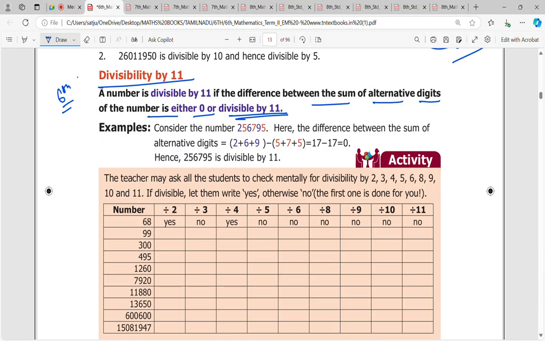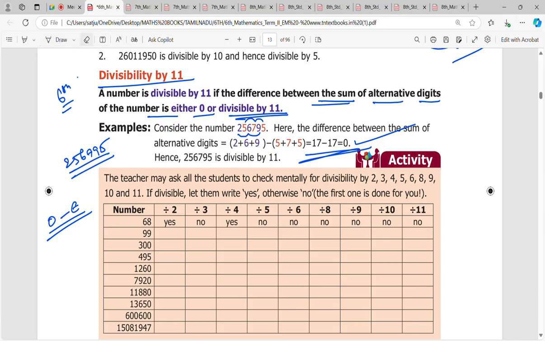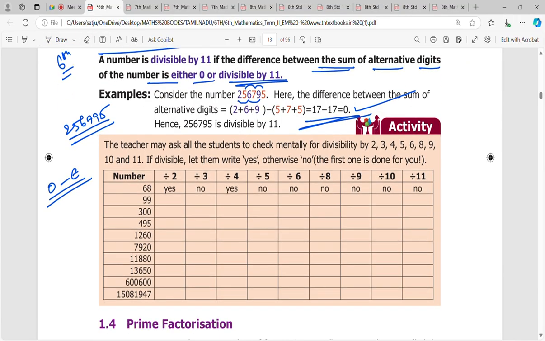See here, sum of the alternative numbers. So that concept also very good concept. Alternative numbers. In my class I mentioned odd places minus even places. That is also very good. Anything you can take. 2, 6, 9 minus 5, 7, 5. So becomes a 0. Okay. Divisibility by